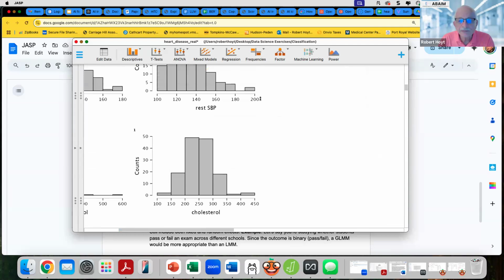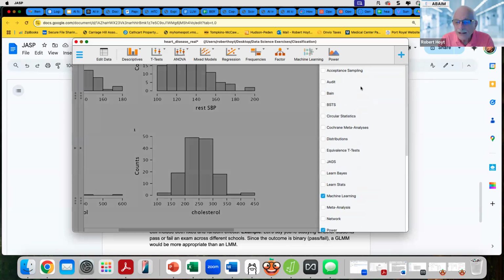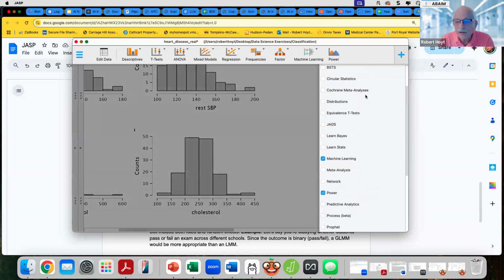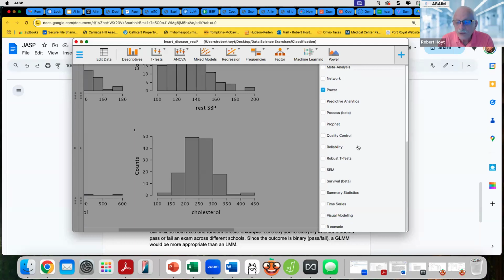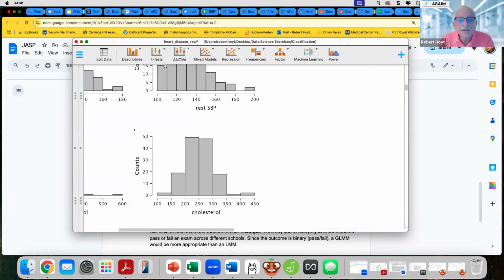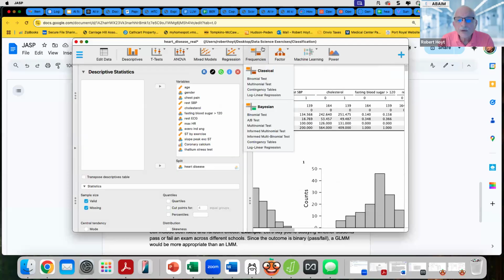So that's very user-friendly. If you want more modules to explore, you hit the plus sign and you look at other things that it will do. There's a Cochrane meta-analysis. There's some stuff about learning statistics and learning Bayes if you're interested. I've checked machine learning and power only, but if you scroll through, you'll see a lot of other stuff that's there. And if you want to see R, I don't, but you can. So again, it has t-test, ANOVA, mixed models, regression, and that's also where correlation is hidden, by the way, if you want a correlation. Frequencies,